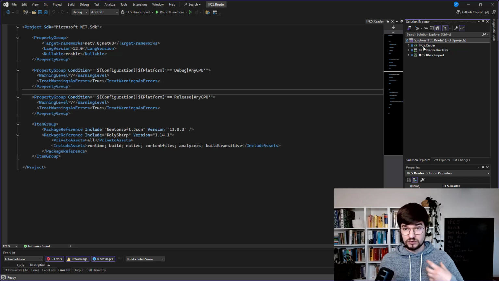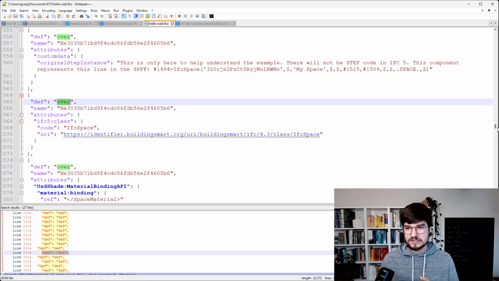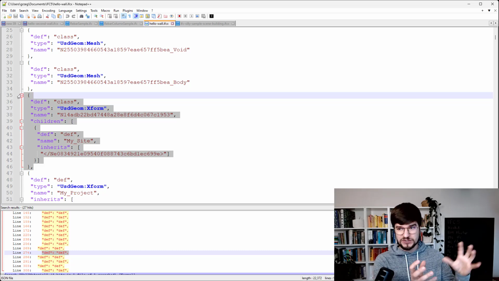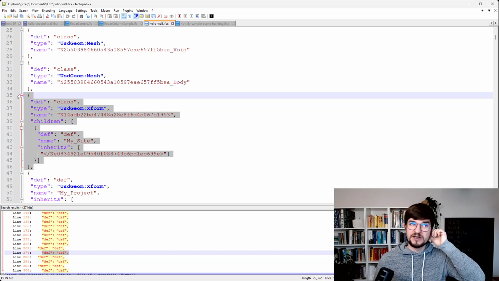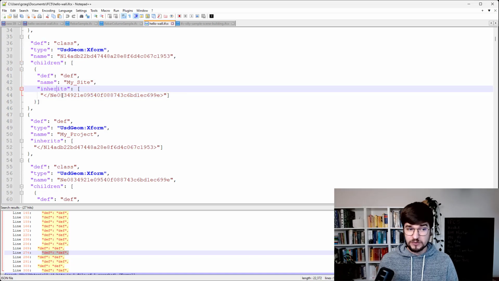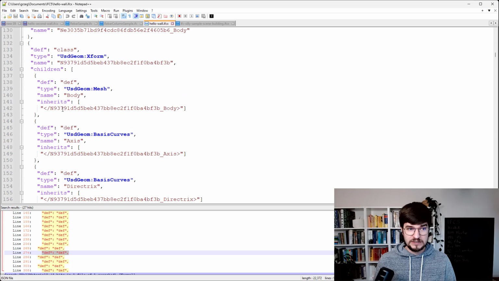I will just try to show you from the .NET perspective how that reader is working, because that's my main focus in that material. So as you saw, this IFC is just an array of objects, but they are different. Their structure is different. So it's not just a play of the same class. But here we are dealing with some children, with some inherits, with some attributes, and it all makes our life